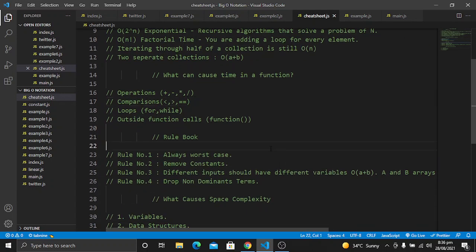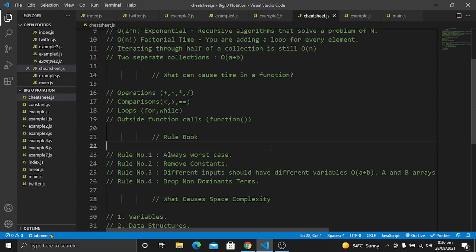Now the next thing is the rule book. In the big O notation rule book, we have four rules. The first is always worst case, which means that big O notation is always concerned about the worst case scenario. The rule number 2 is removing the constants from our big O notation.